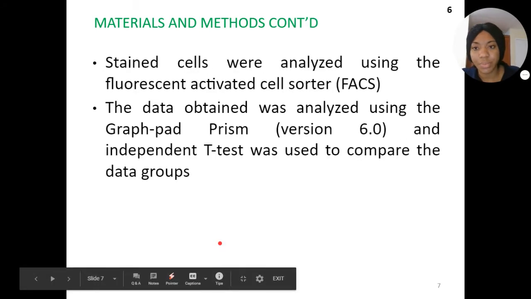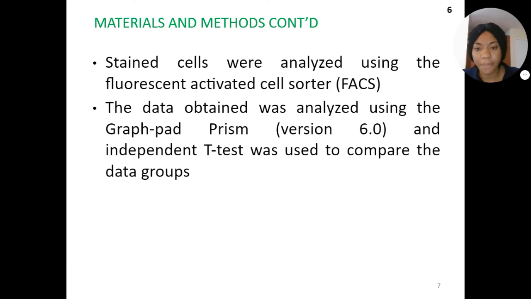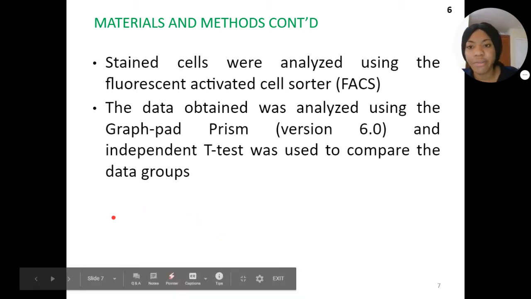So the cells were analyzed using the fluorescence activated cell sorter. The fluorescence activated cell sorter, just as the name implies, sorts cells. The FACS is a subset of the flow cytometer. This is a high throughput technological equipment that can simultaneously detect and quantify the physical and chemical properties of a population of cells. Now the data obtained was analyzed using GraphPad Prism, and an independent t-test was used to